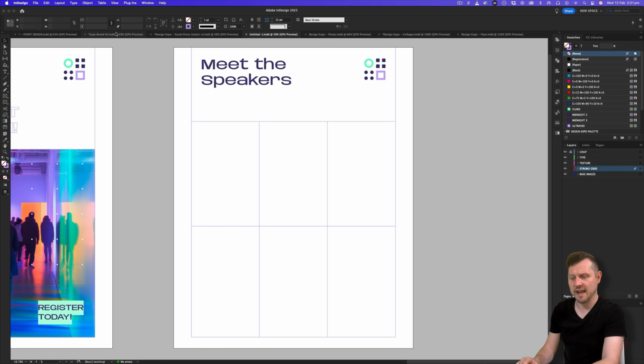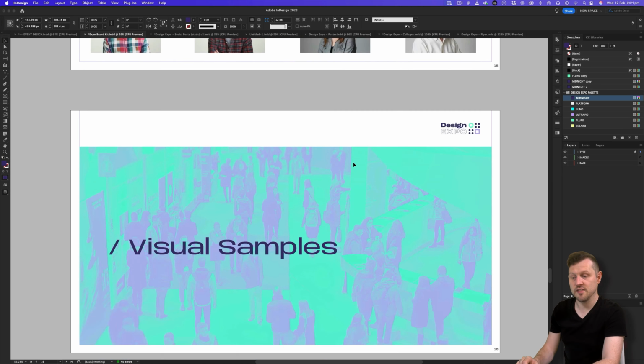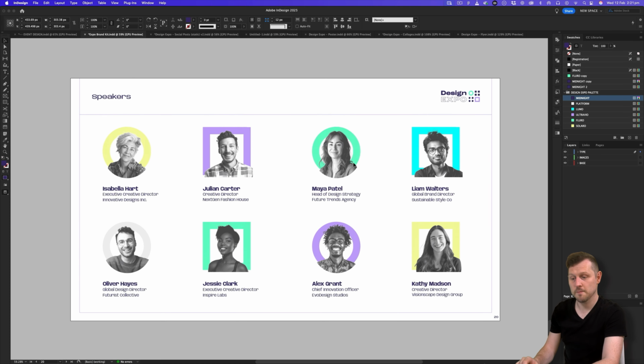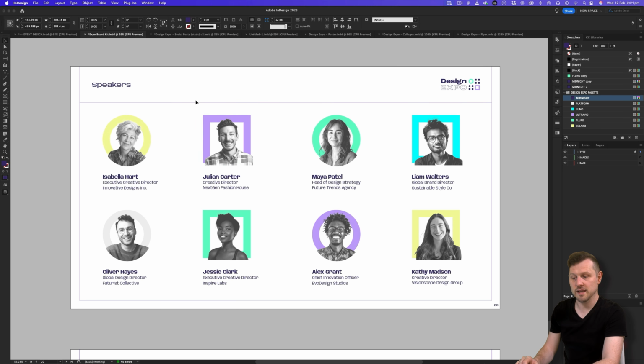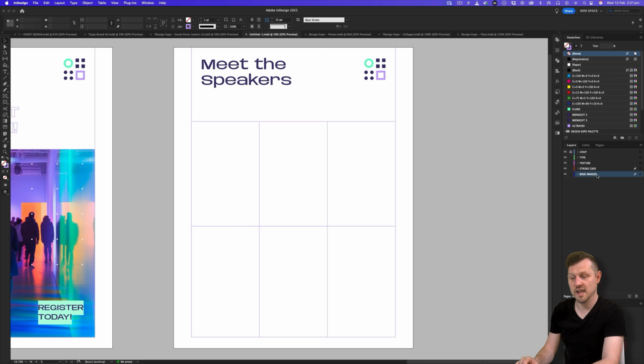For this, I can jump back into the brand kit, and if we scroll down to the speakers page, we can see these have already been pre-composed. So I'll select the 6 key speakers for the post. By pressing and holding Shift on the keyboard, I'll select the top row of 4, the bottom left and the bottom right mugshot. Copy these, come back into the document, make sure that the base images layer is unlocked, and